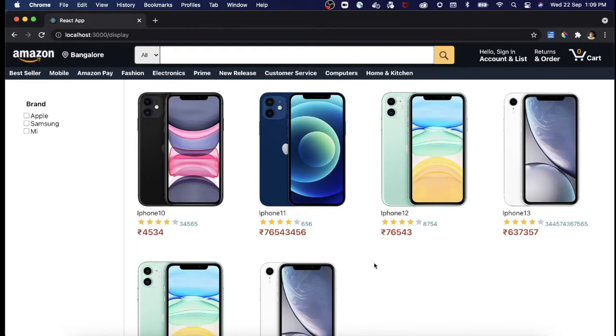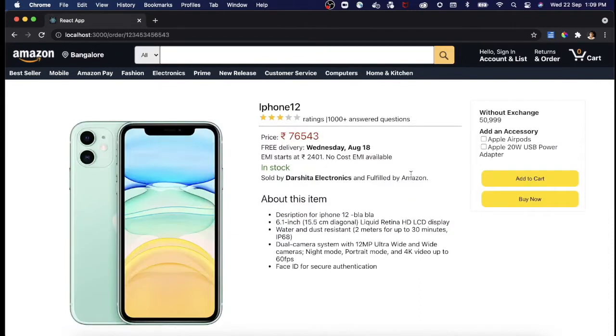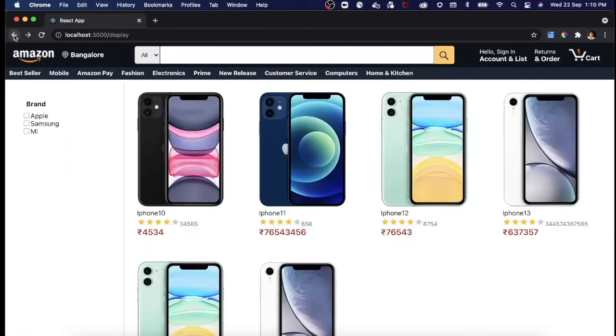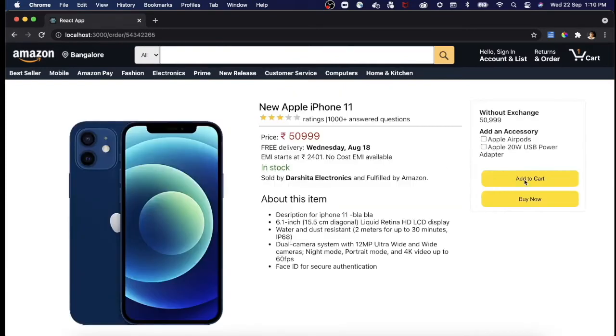If you want to buy an iPhone 12, just click on the iPhone 12 and it will list down all the details of the product relevant for this iPhone 12. If you want to buy this product, you just need to click on add to cart, and here you can see the iPhone got added into our cart. Similarly, let's buy another version of iPhone, that is iPhone 11. Let's also add it to cart, and here you can see two iPhones got listed in our cart. Now if you want to buy these products, you just have to click on buy now,